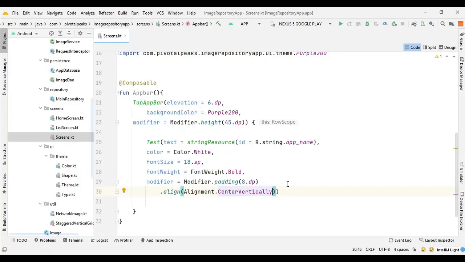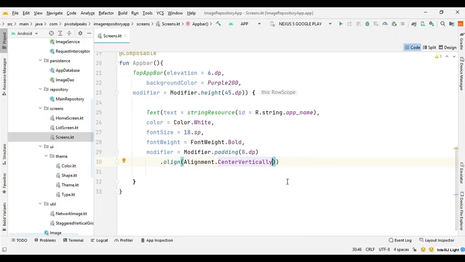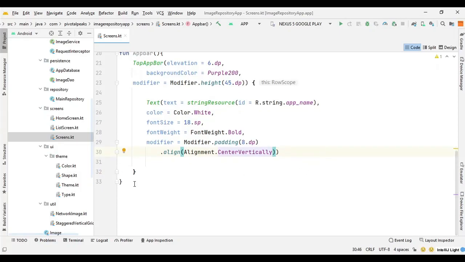Now we need to create the tabs for bottom navigation. We are going to have two tabs. So we need an enum class to create constants for the two tabs, and each tab has a title and an icon. So let's create an enum class.